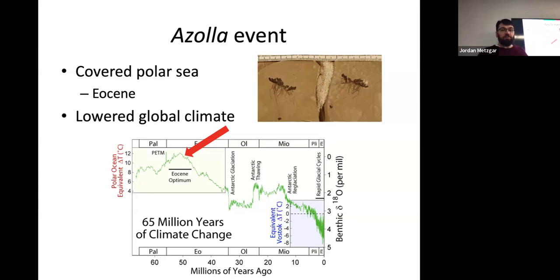But Azolla also changed the global climate. So a little over,